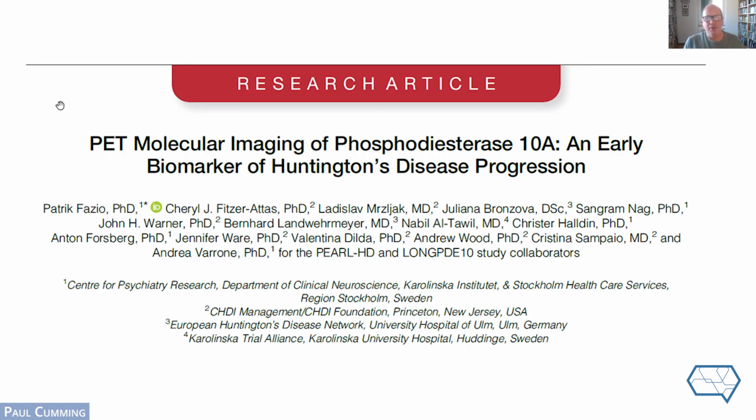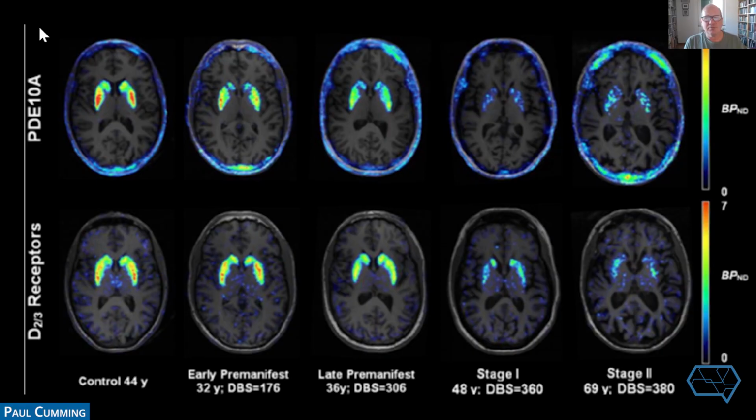Yes, here we are. These people did a very new kind of PET using a ligand for phosphodiesterase, which is a signal transduction molecule. And in the very final slide, please proceed. You can see in the upper figure that as Huntington's disease progresses, the abundance of this marker of second messenger signal transduction declines inexorably from the control case to progressively disappearing completely in advanced Huntington's disease. And this occurs in parallel with the decline in dopamine receptors. And I believe that is where I stop and where I had planned to stop.